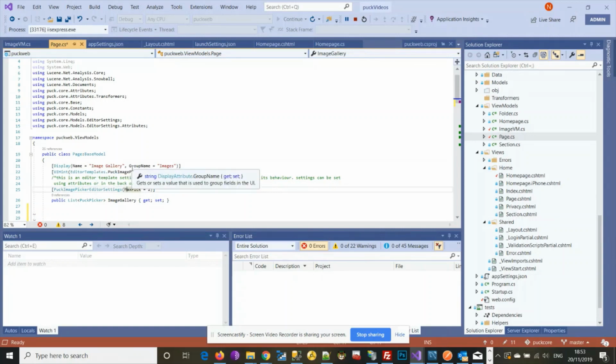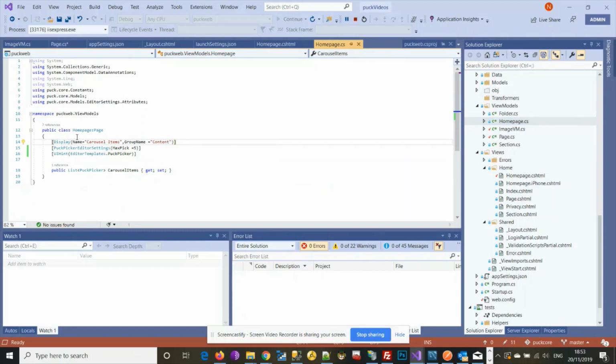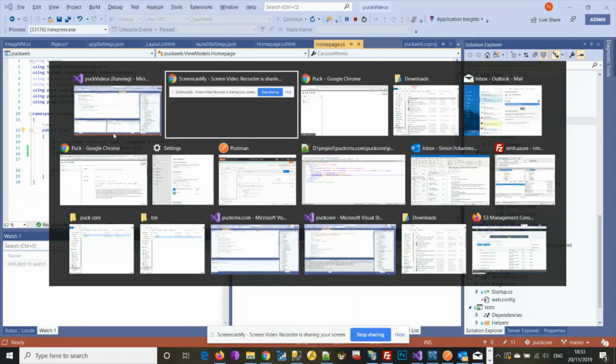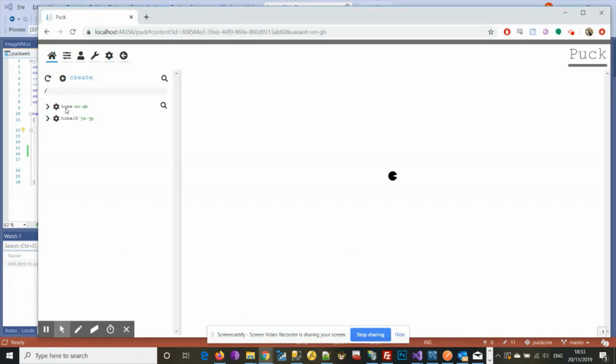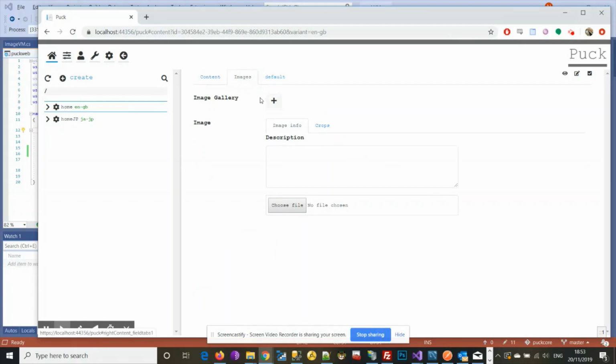We've also got a display attribute with the group name set, which means that the tab this property is going to be displayed in is going to be the images tab. So if we go to our home page view model, you'll notice that home page inherits from the page view model. So it's going to inherit that image gallery property as well. If we go to our home page in the back office, you should see the image gallery in the images tab,